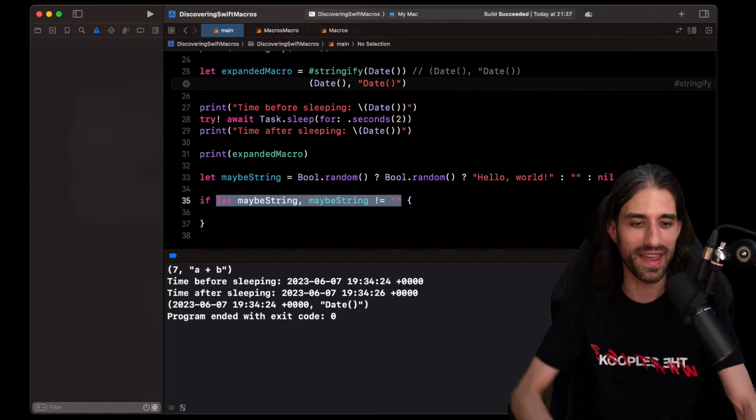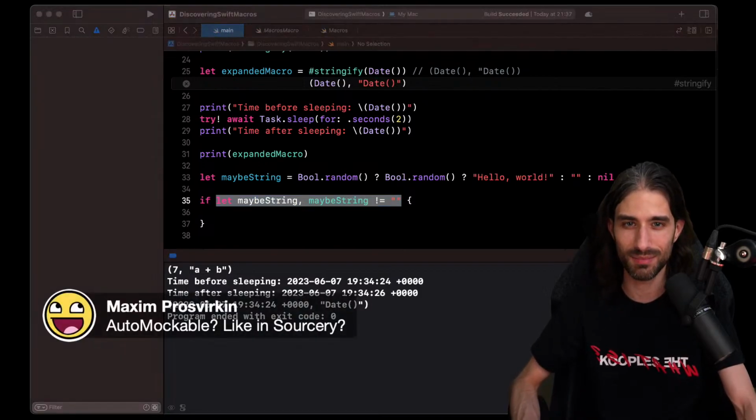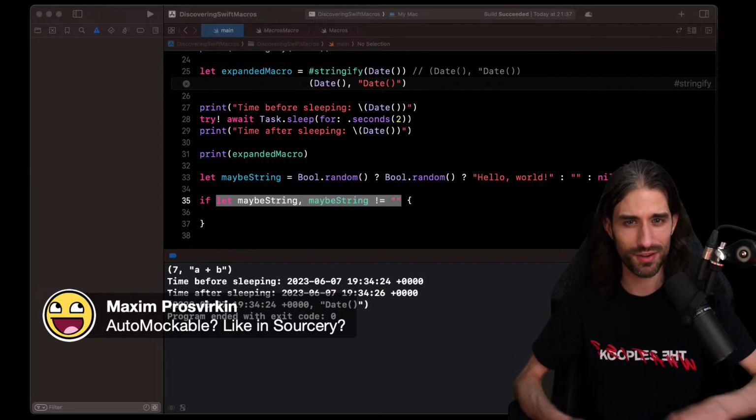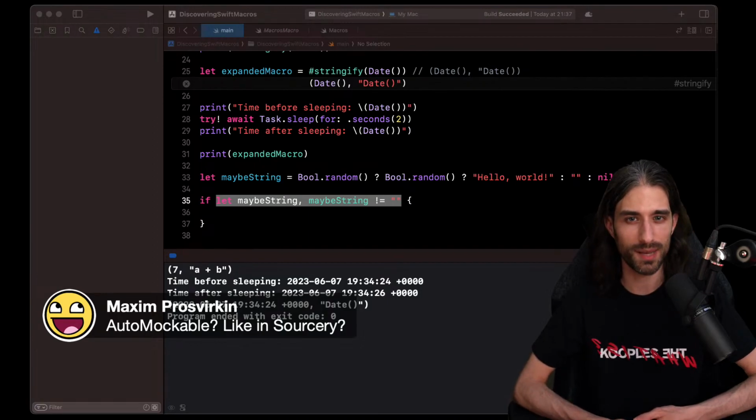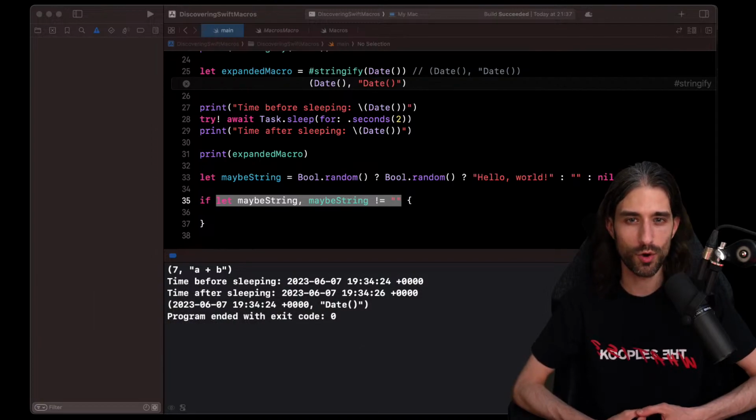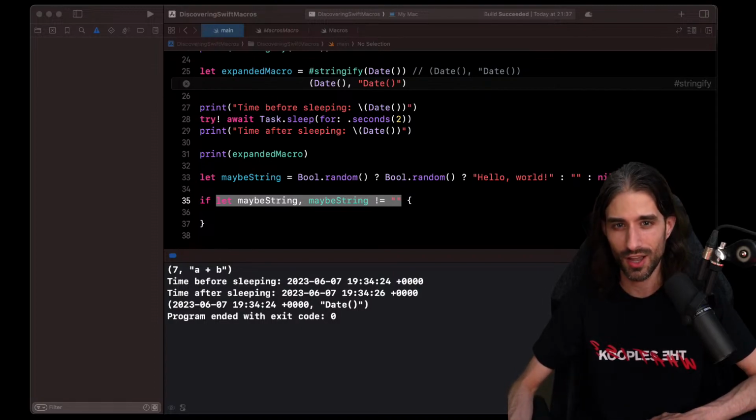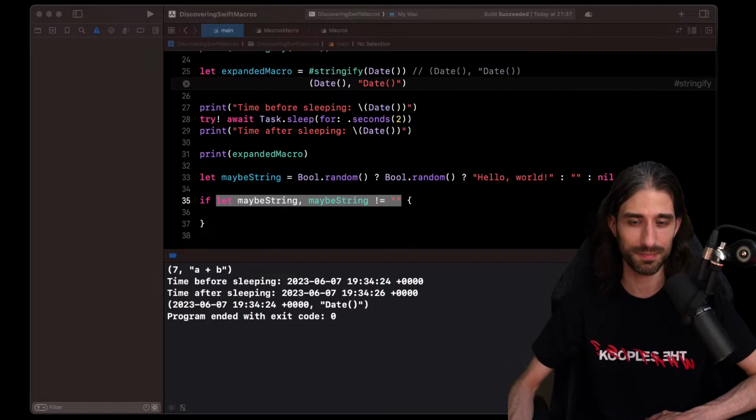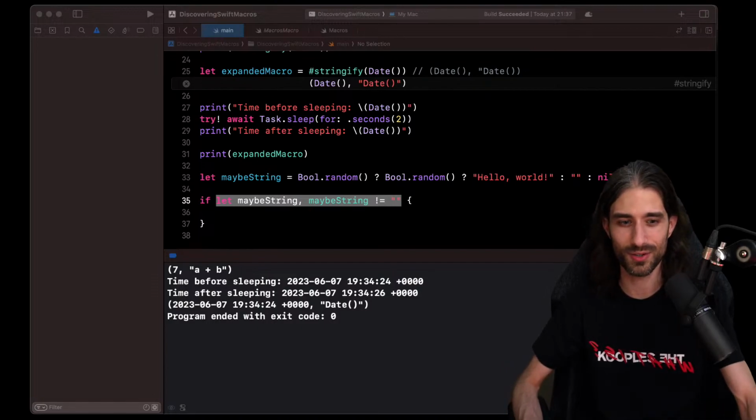Yeah, AutoMockable, I ain't gonna lie, it's a great idea, but I don't have the knowledge of how to handle the AST. Plus, I don't know if you've ever looked at the stencil file for AutoMockable, but when you think about it, you're like, oh yes, it should be rather straightforward, and then you look at the file and you're like, whoa, it's much more complicated because there are lots of edge cases, like how do you deal with closure arguments, how do you deal with closure arguments that are meant to provide data, the ones that are more meant as completion handlers.